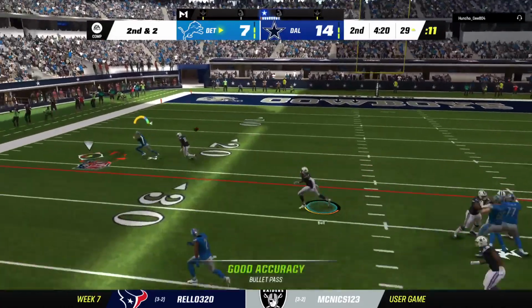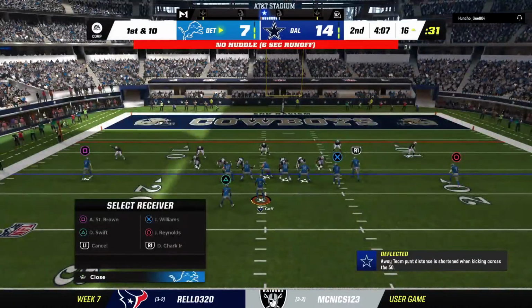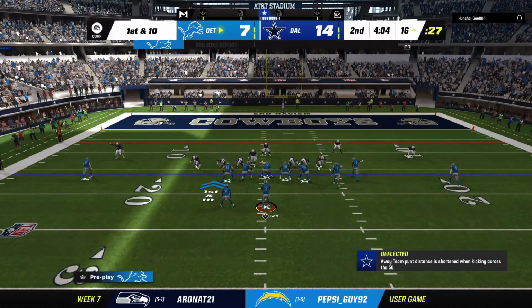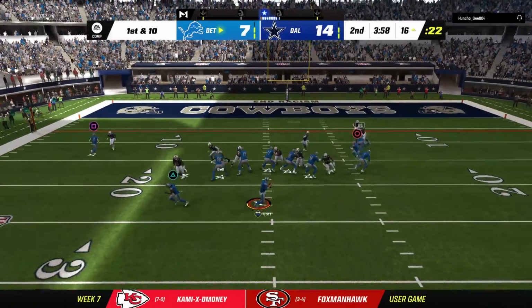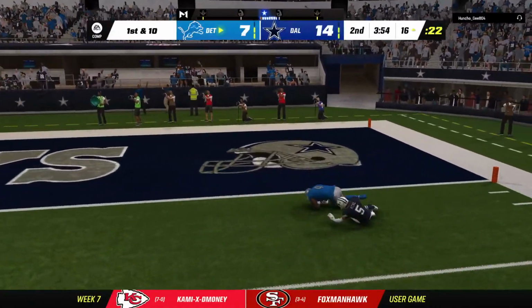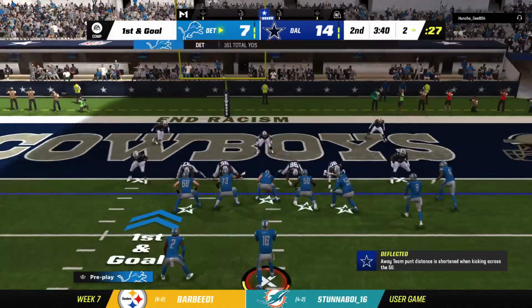To throw again on 2nd down. Goff. St. Brown making the catch on the out route. And he's going to have another first down here as the tackle's made at the Cowboys 16. From the red zone now, Goff. And Shark calls it in. And the Lions are looking at 1st and goal as he's tackled all the way down at the 2-yard